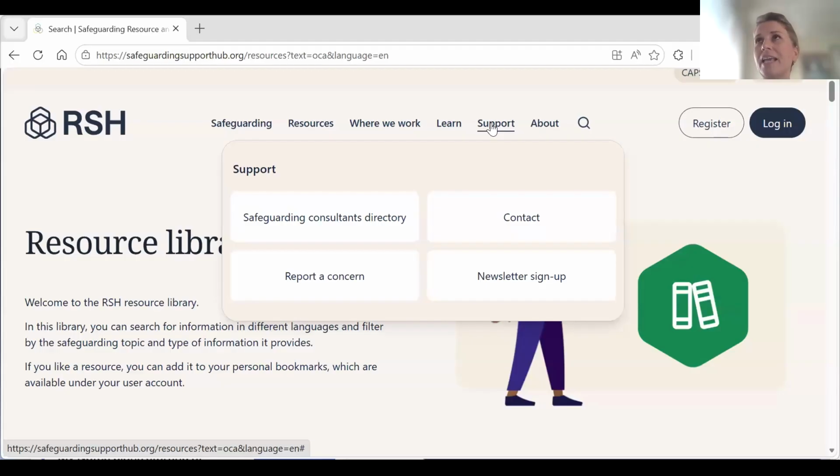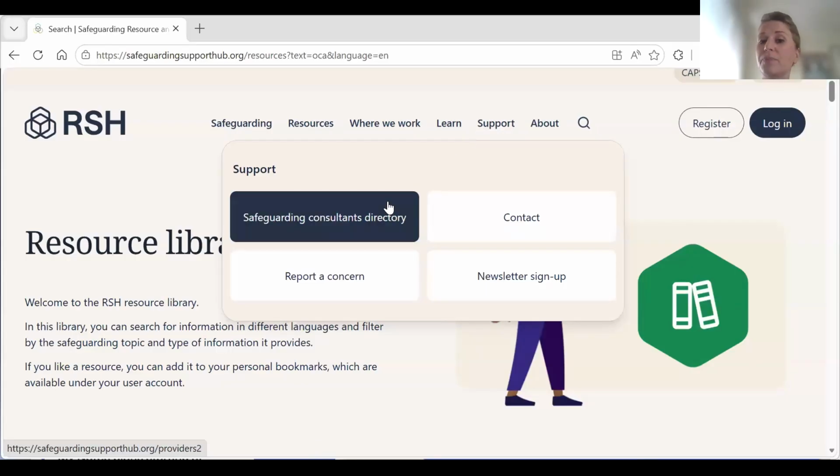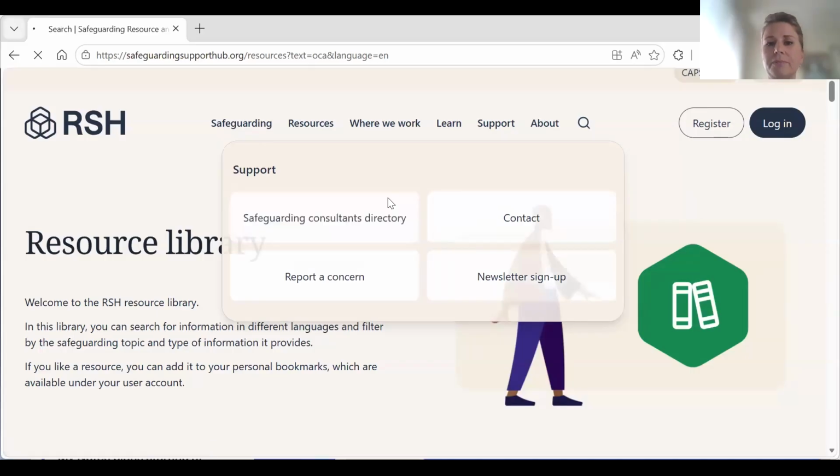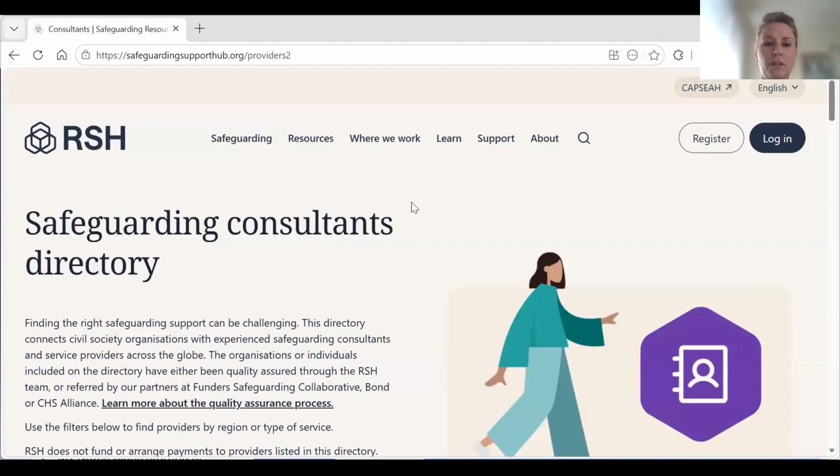Now, in case you need more personalized support, or you have a very specific question that you want to discuss with a safeguarding expert that you probably don't find the answer for in these general documents, and you are not based in one of the countries where we work, you can use this consultant directory, which is another service that RSH provides, because finding the right expert can be a challenge.